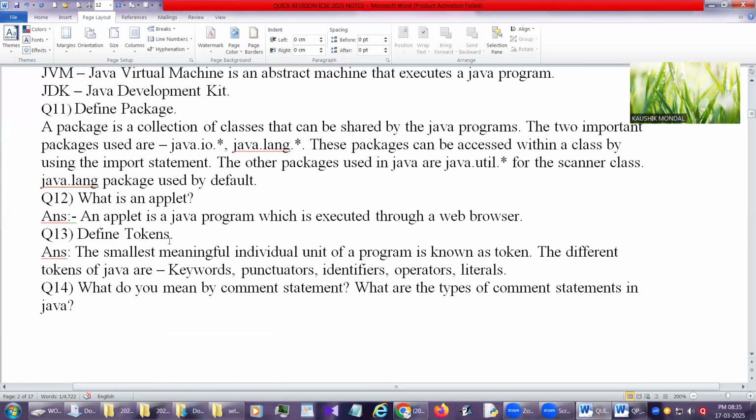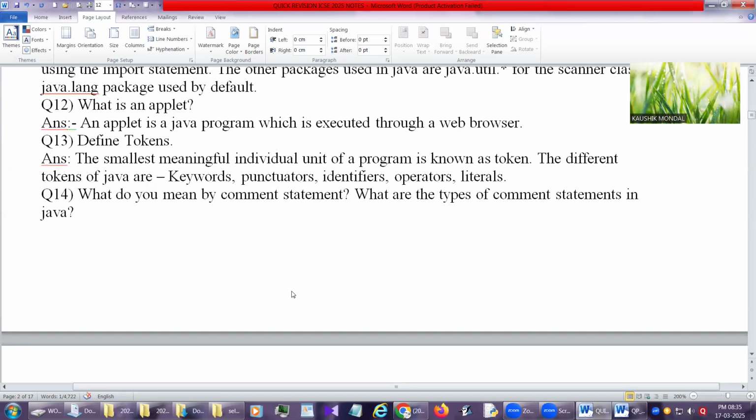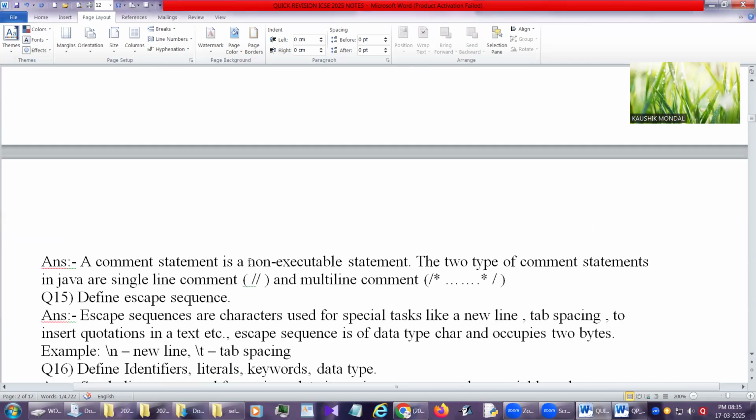Next point is define a token: the smallest meaningful individual unit. Now, a Java program is made of tokens, like keywords, punctuators, identifiers, literals, operators. For information, identifiers means variables, literals means constants. What do you mean by comment statements? What are the types of comment statements? Like if you check these comments and escape sequences, how to give comments, how to give escape sequences, always